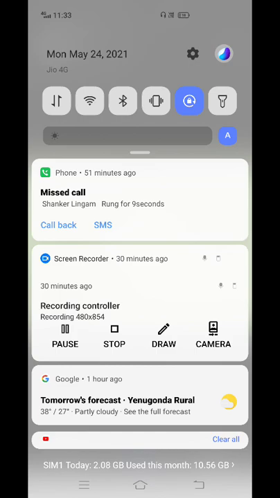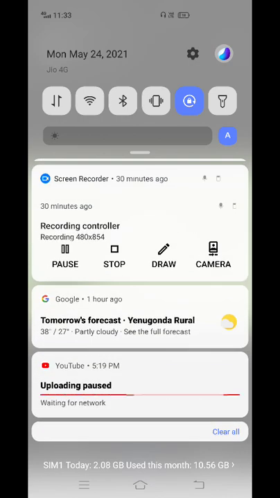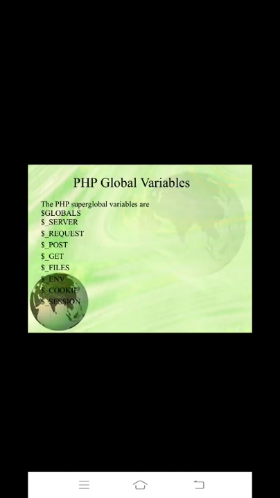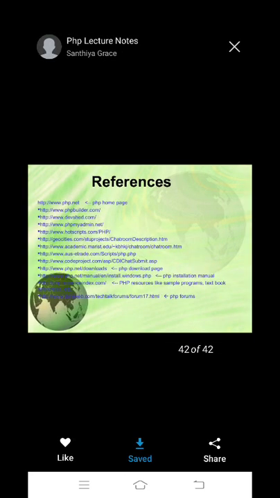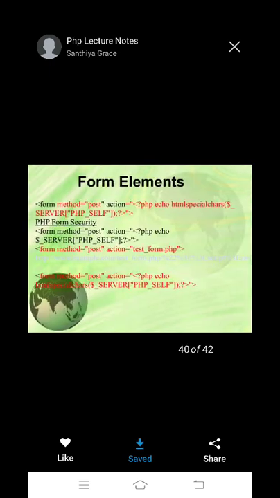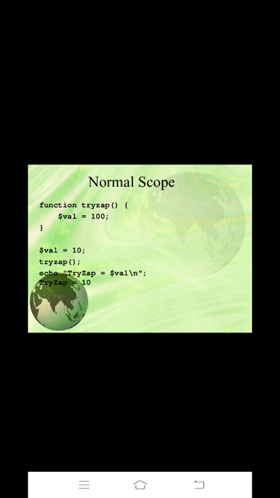This we have completed in this session. We will take another new topic in the next session. Okay, so now I will end this class. In the next session we will take a new concept: global variables, PHP $GLOBALS, the PHP $_SERVER variable, the request variable, the GET method, and forms, form elements, and how to validate a form. We will discuss that in the next class.